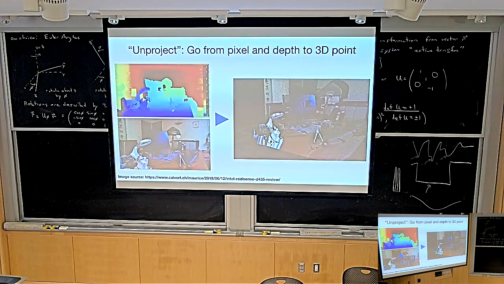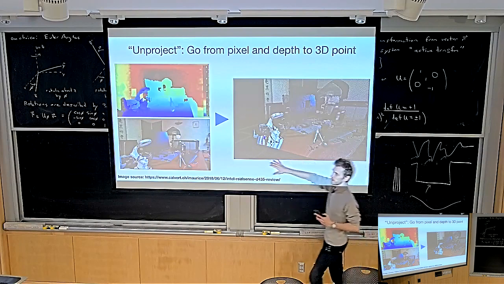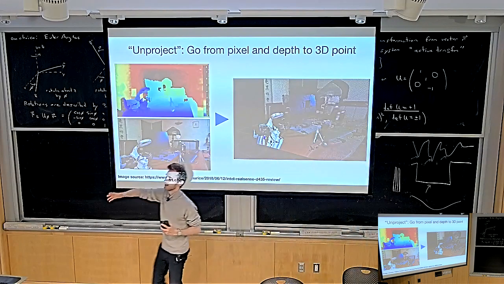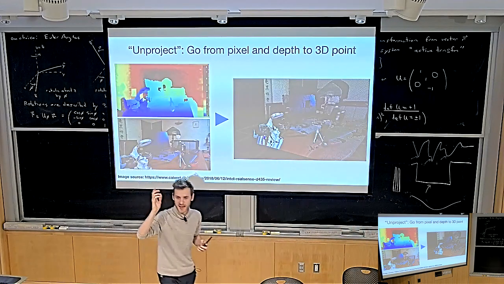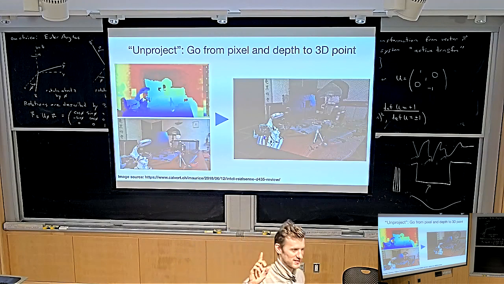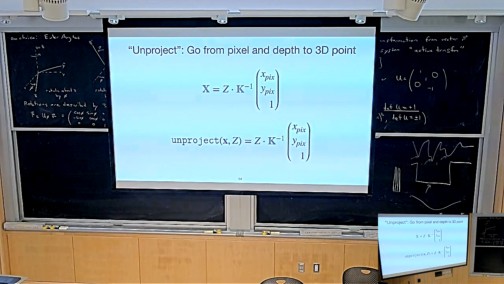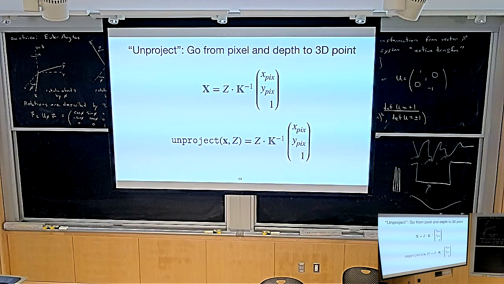I'm throwing this up here one more time. One key part of this will be this notion of unprojection. So go from pixel and depth to a point in the 3D scene. We have belabored it a few times by now, but if you still have questions about it, now is a good time to ask it. So it's just this idea: if you have the depth of a pixel, you can lift it to 3D, to a point cloud.